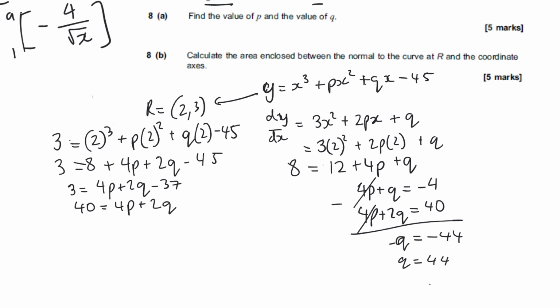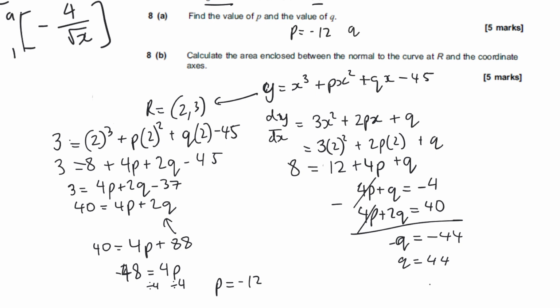Then we're going to substitute our value of q into any of the equations. So we can even substitute into this one here. So then 40 is equal to 4p plus 88. Take away 88 from both sides, you're left with minus 48 is equal to 4p. And then divide both sides by 4. You end up with p being equal to negative 12. So we've worked out that p is equal to minus 12, and we worked out that q is equal to